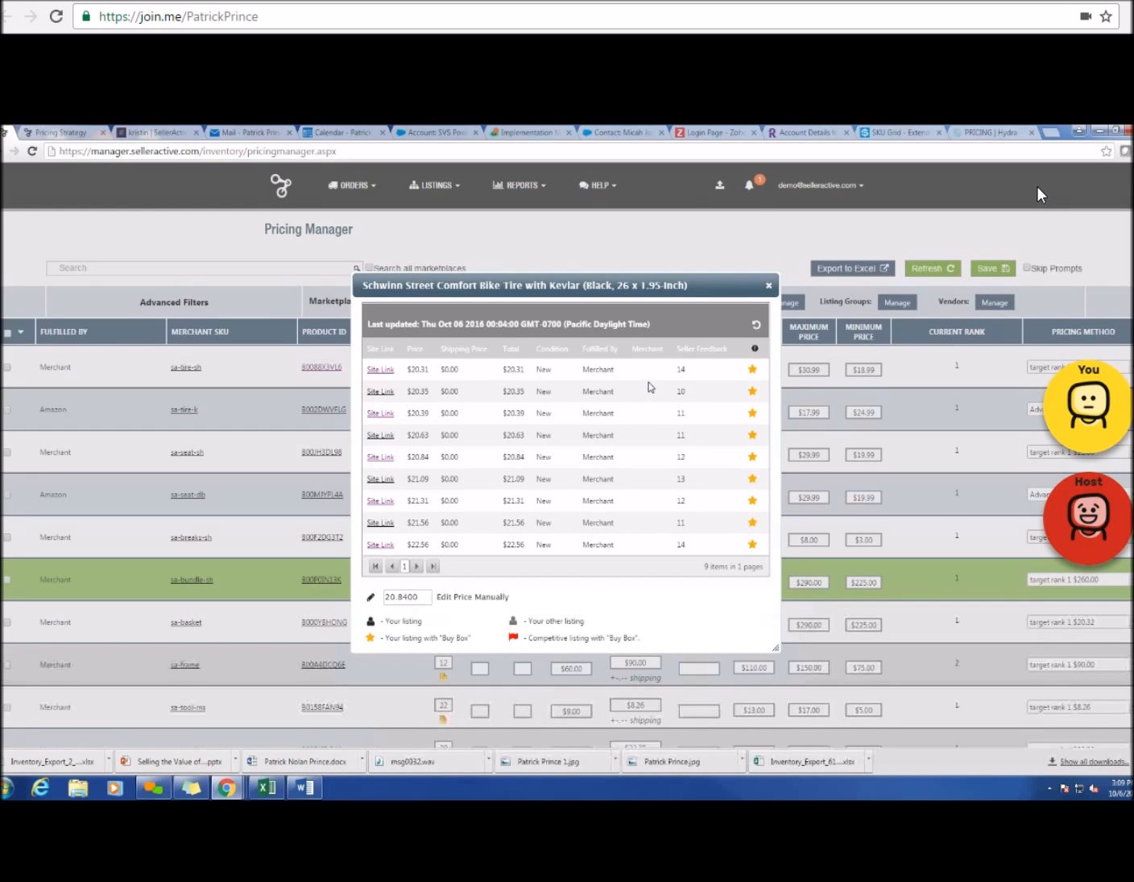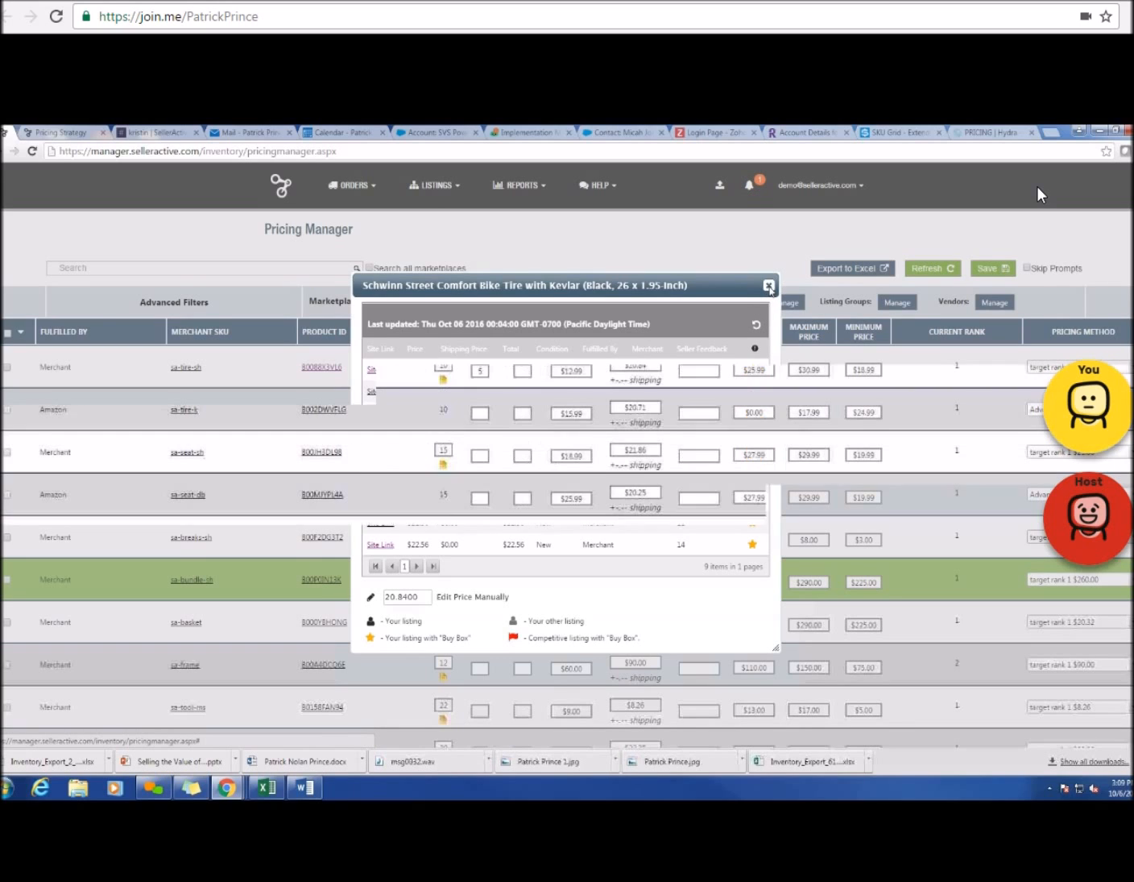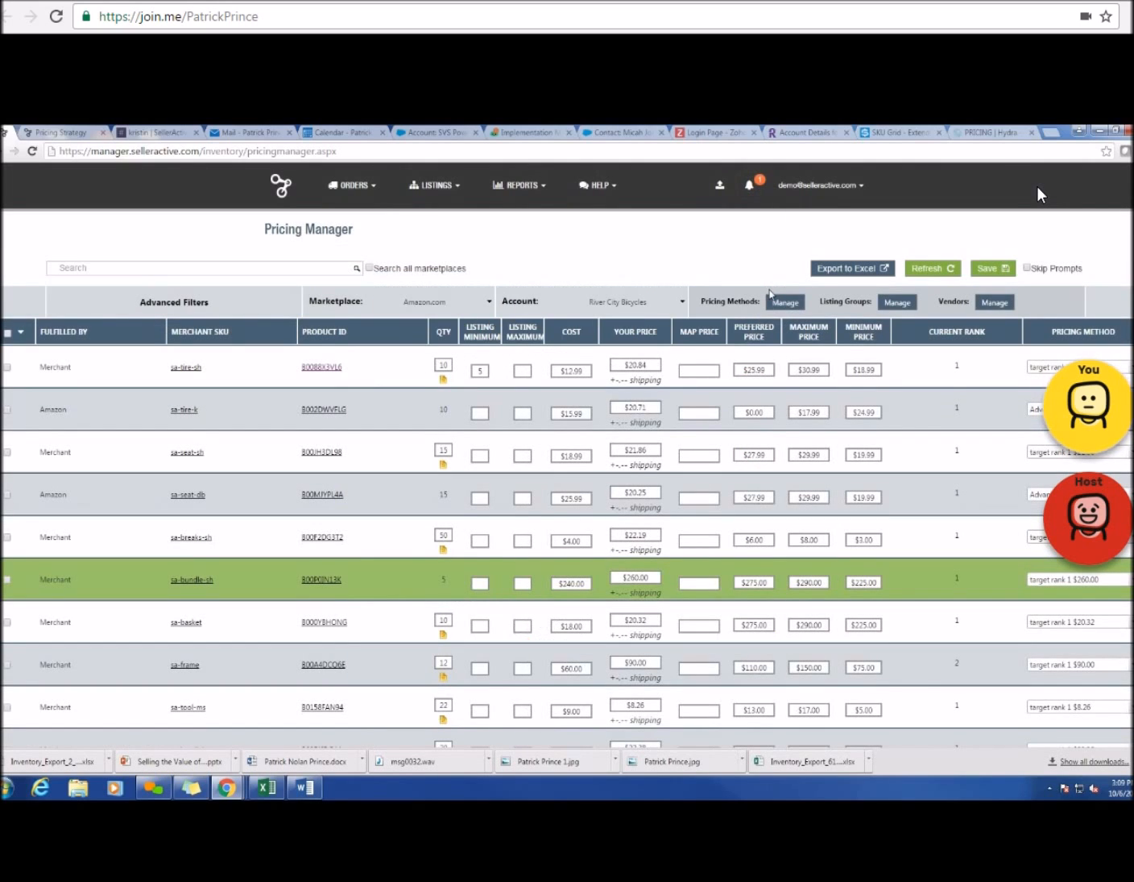Okay. One question here: when it comes to pricing, if you have a price that's the minimum price, and your buy box is fluxing back and forth, can you tell me how fast